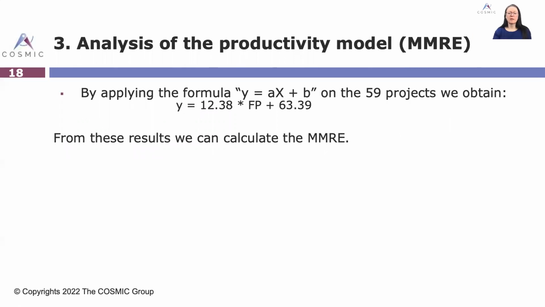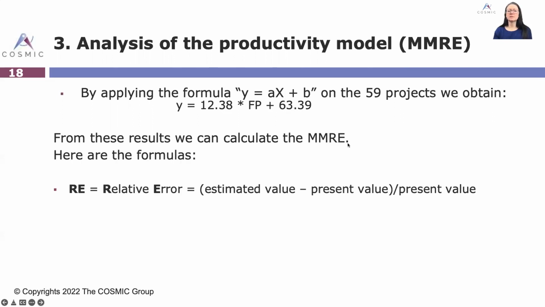Now, looking back at our data, we've rounded the values to 2 decimals. Y equals, Y is the effort, 12.38 times the number of function points plus 63.39. Now we want to calculate the mean magnitude of relative error. The relative error is the estimated value that was obtained for a single data point in our repository minus the present value